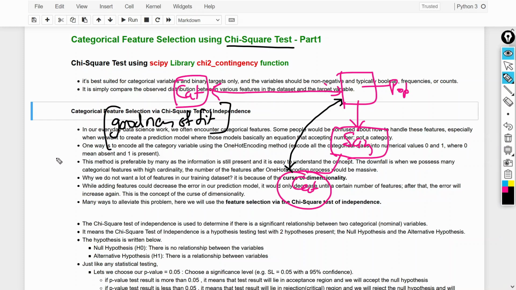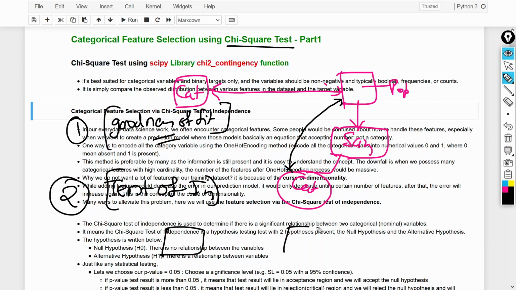The chi-square test has two types. The first one is goodness of fit, the second one is the test of independence. Goodness of fit checks how closely my data matches this particular population. In the test of independence, I have two categorical variables A and B, and if we want to check whether they are independent or dependent, we can check that with the help of the test of independence.